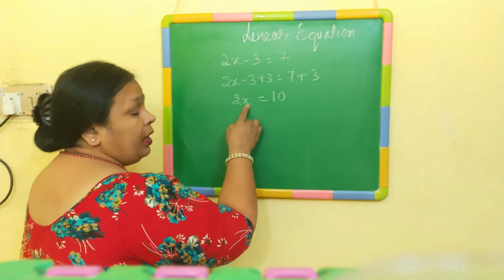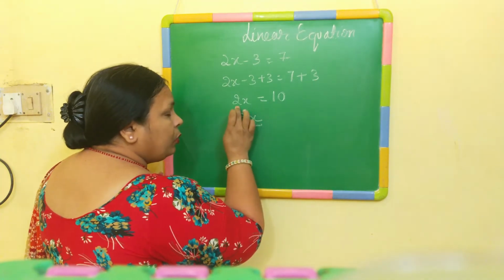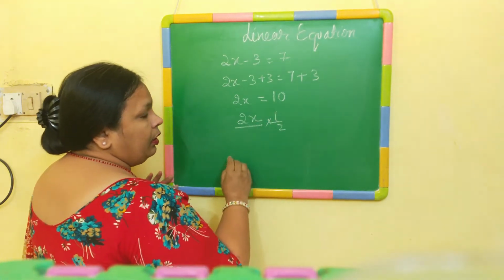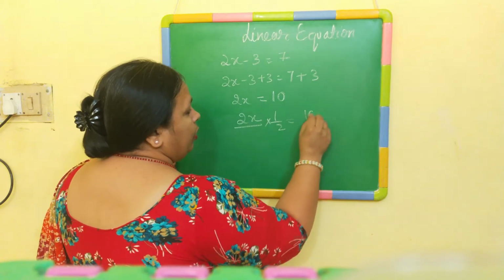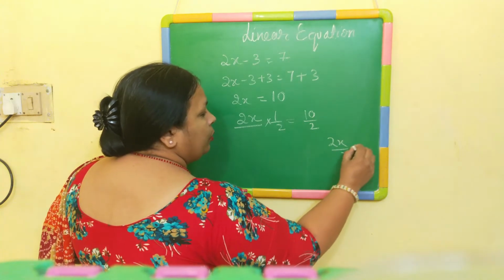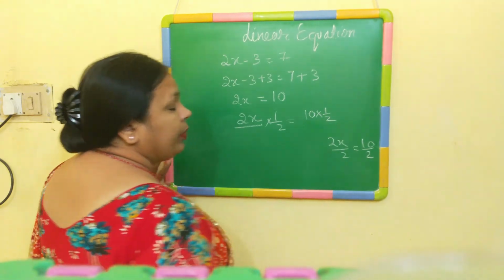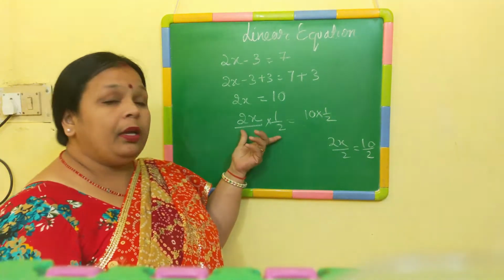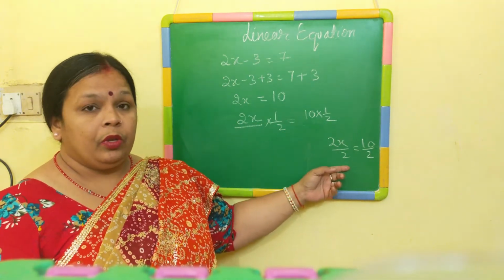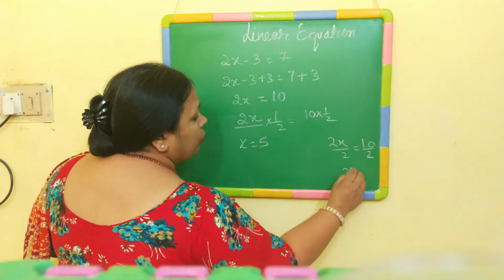Then to make this x single, we will be dividing the equation. To remove 2, what will we do? We will either multiply it by 1 by 2. Clear? You can multiply it by 1 by 2, or in other words, you can say that you are dividing both sides by 2. Both give you the same value. Clear? It means you can write multiplying both sides by half or dividing both sides by 2. Now, here you will get x is equal to 5, and here also you are going to get x is equal to 5.